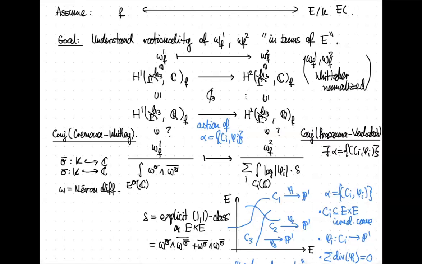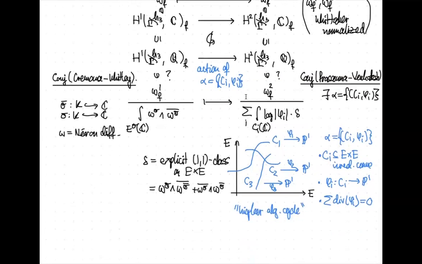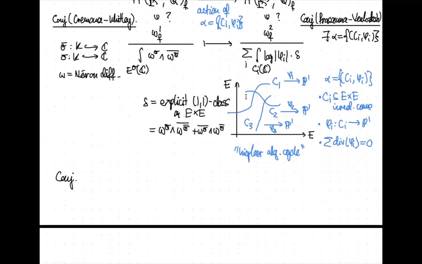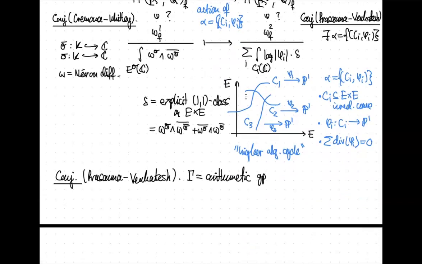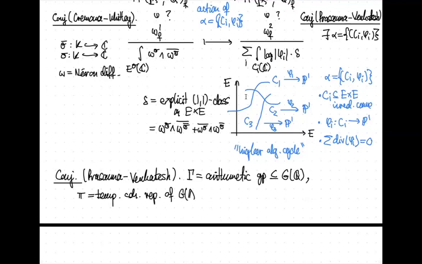Okay, so I'll just state this conjecture explicitly in more generality. I mentioned that this is quite general. Let me state it like this, just so you get a flavor of what this general conjecture looks like. So gamma will be any arithmetic group, sitting inside the Q points of some reductive group. And pi is going to be a tempered cohomological representation, an automorphic representation of GA.